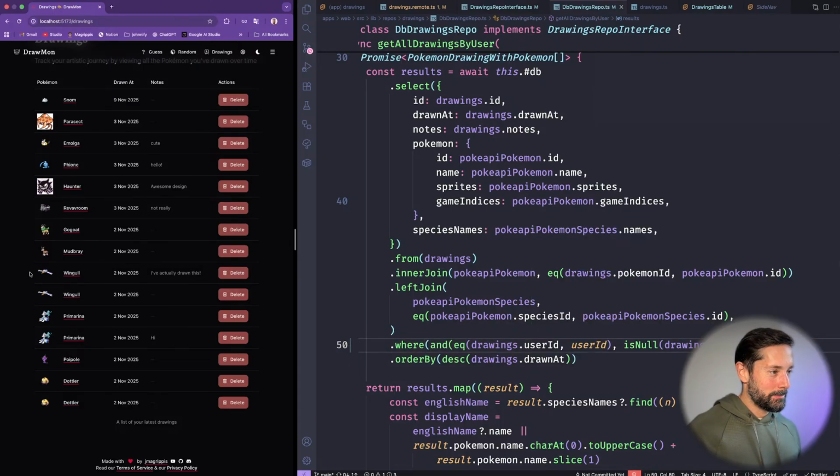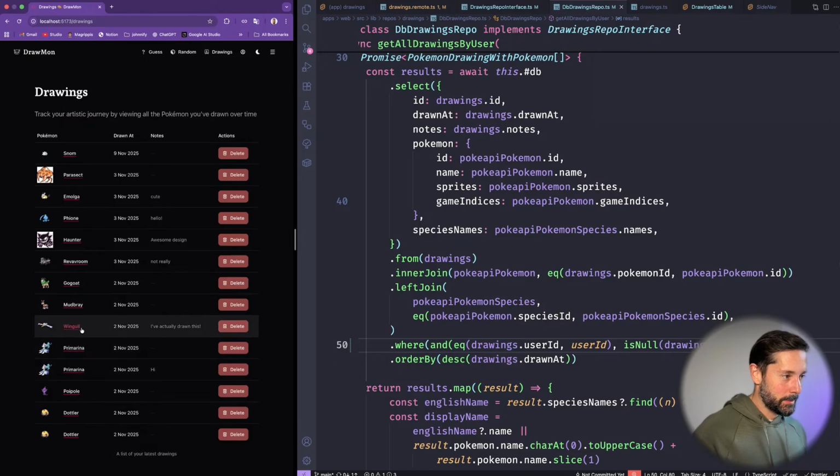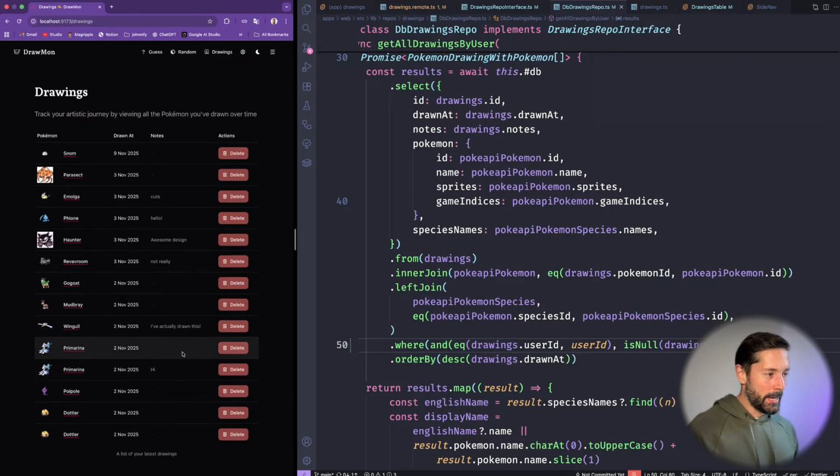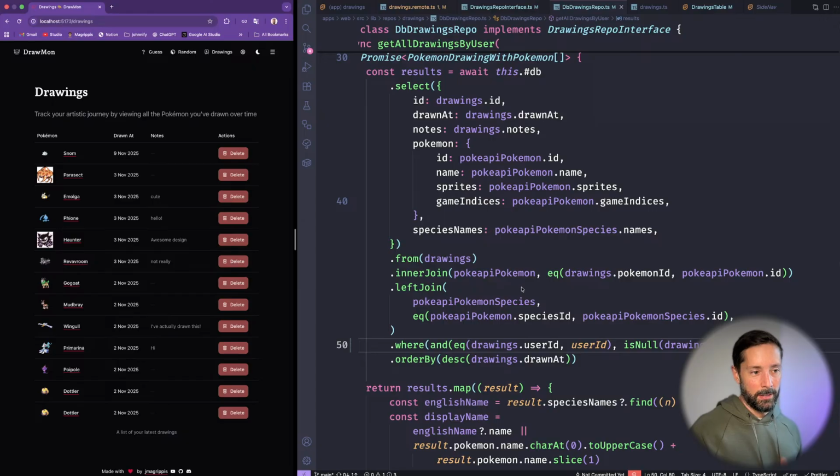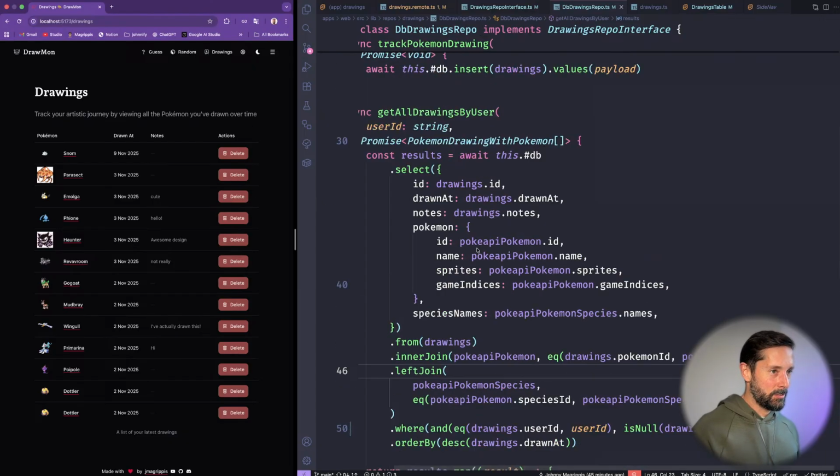So now, if I refetch the page, the wingle should disappear because it was soft deleted. And now, when I delete this Primarina, poor Primarina, is she gonna disappear? Yes or no? Click, will she disappear? The answer is yes. Click, disappear, because when you submit the form, SvelteKit knows by default to refetch things in